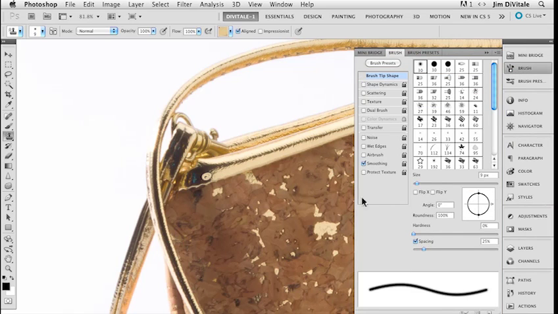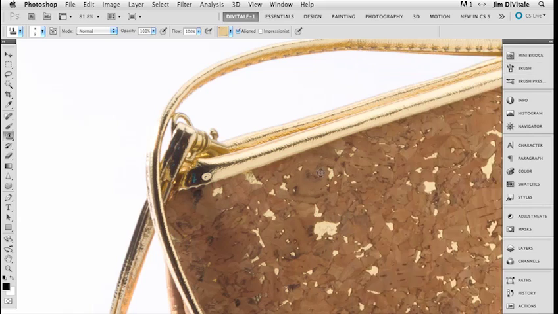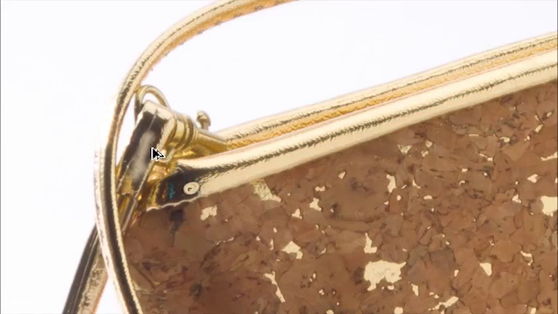I like to take off the brush shape because I don't want it to start with a small point and go to a larger. I want it to be the same overall. So I unclick that. I leave it on smoothing. And I'm going to make my brush a little bit bigger, and I'm going to use a full opacity but a lower flow, and just start, actually Command Z that, and I'll use a little smaller brush, and I'll just